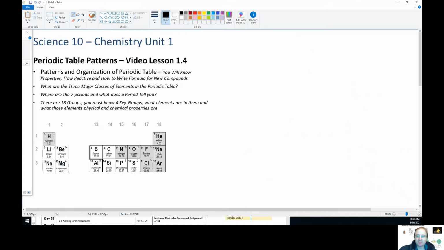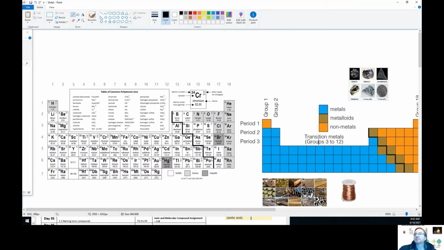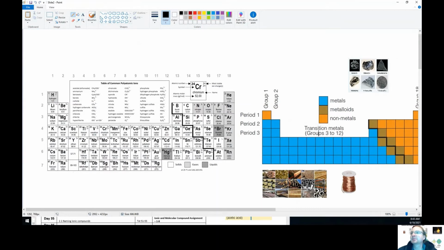Let's look at the 3 major classes on the periodic table. You can see your periodic table, which again, make sure you have in front of you. Make sure you've got your notes. We've got our metals, which are in blue here. So this blue area, all of the metals and their properties: shiny, malleable, ductile, they can be stretched into wire. They all conduct electricity really well. Metalloids are in between metals and non-metals, so they have properties of both actually. And of course, non-metals,